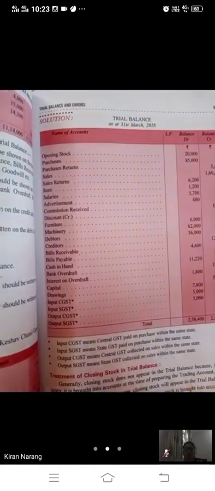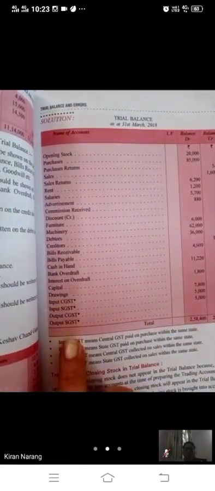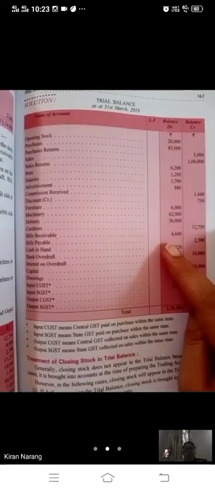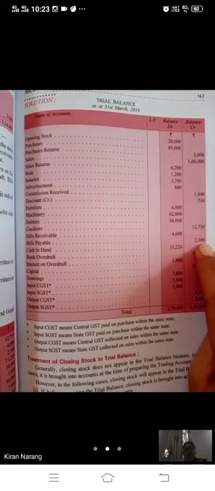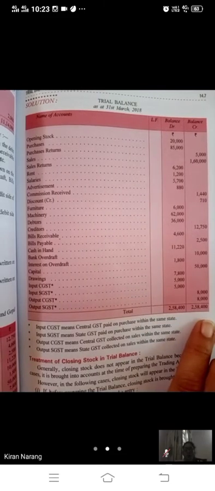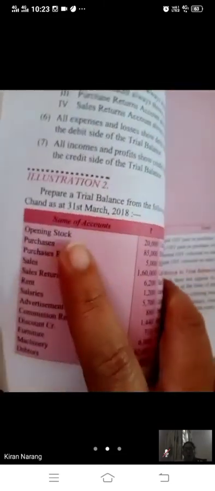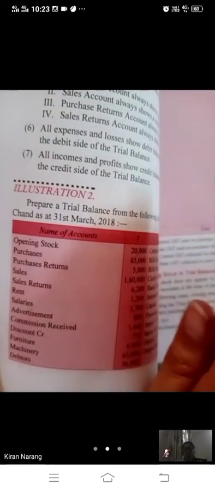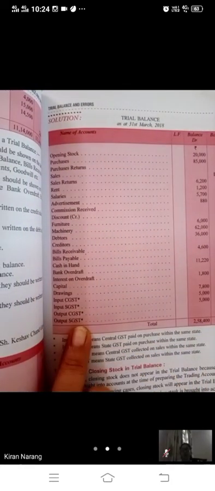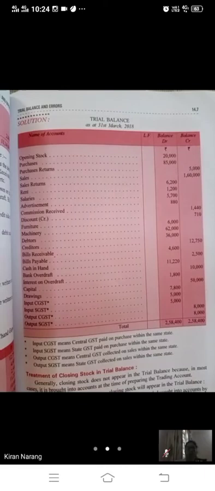So what you have to do? Beta, you have to prepare a trial balance. Then on the second line, you will write as at 31st March 2018. All the names of accounts you will copy from here. You just have to write the names of accounts. Then if their nature is debit, you will write on the debit side. If their nature is credit, you will write on the credit side. Then you have to do the total. This is just the answer. You have been given the names of accounts in the question itself and their balances also. You have to write the names of accounts at one place and then you have to write their balances